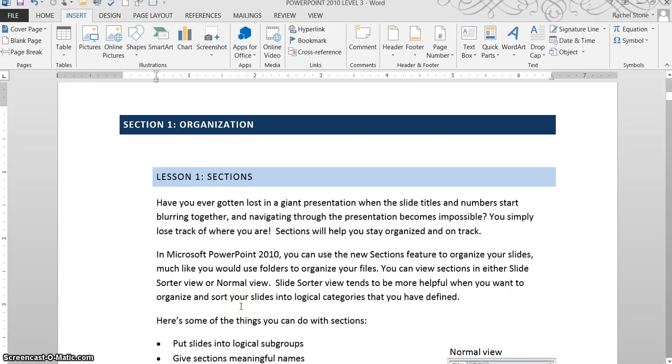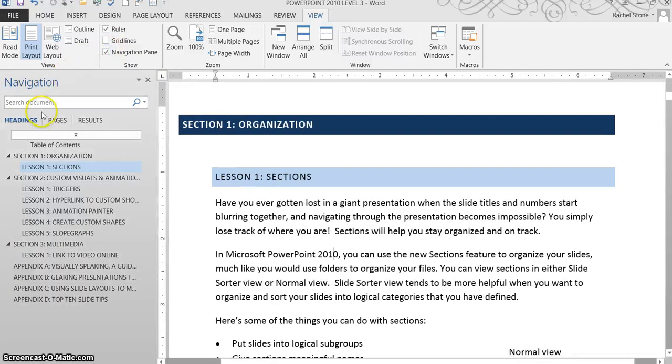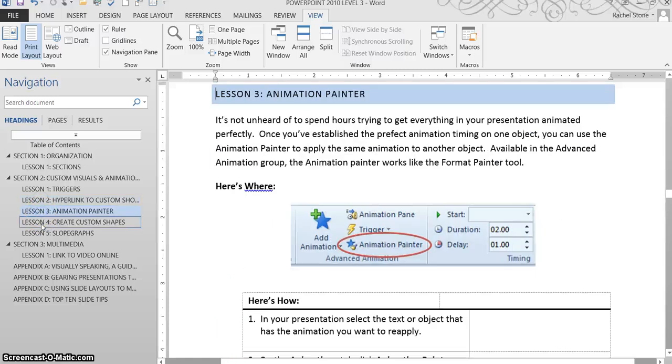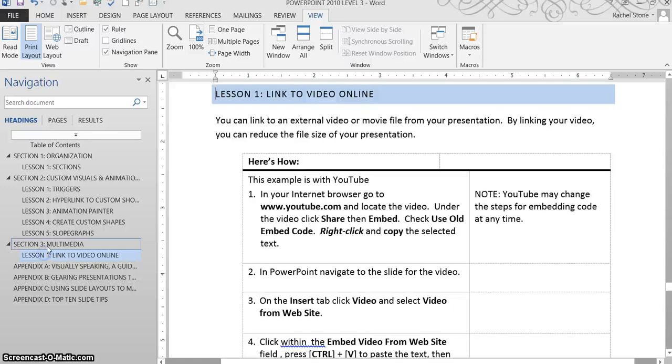Here's our Word document, and I'm going to open the navigation pane to make it easier for us to jump around as we work in here. So I'll go to the View tab and check the box for Navigation pane. And you'll see here on the left, it's currently got headings selected, and I can click on any heading in my book to jump to that section. And that just makes it much easier for us to go from section to section here as we add our